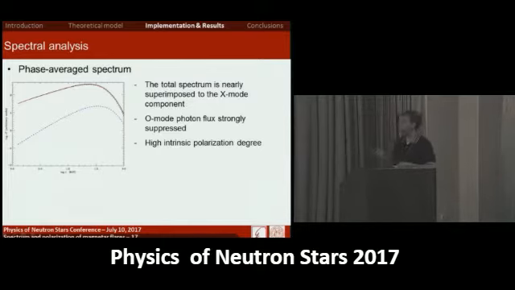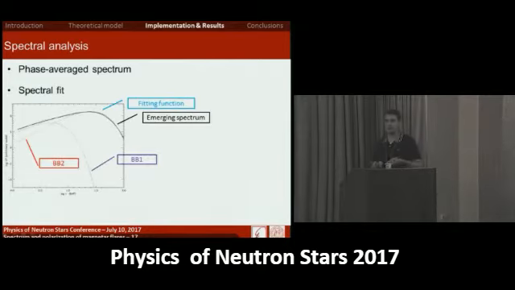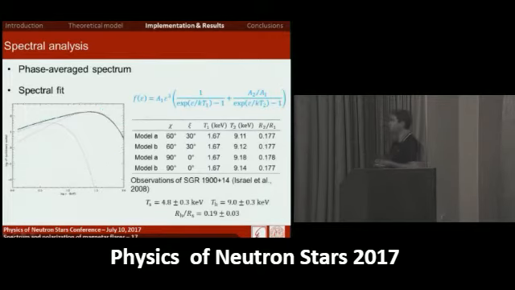Moreover, according to the spectral analysis by Israel et al. for the burst forest emitted by SGR 1900+14, we tried to fit the phase average spectra through a two black body function. These are the fit results, and the plots refer to the second row of this table. And the temperatures of the two components, as well as the ratio between the emission radii, are in broad agreement